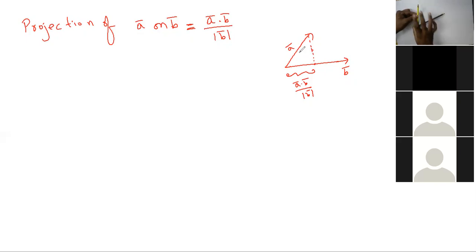So if you understand this point from vectors properly, how we can find the projection of any given vector on any other vector when they are not coplanar, meaning they are not coplanar if you consider them as localized vectors. If you consider them as free vectors, any two vectors are coplanar, so you can get the projection of one vector on another vector. So if you understand this, then we are done.